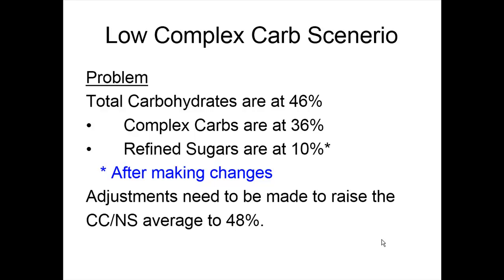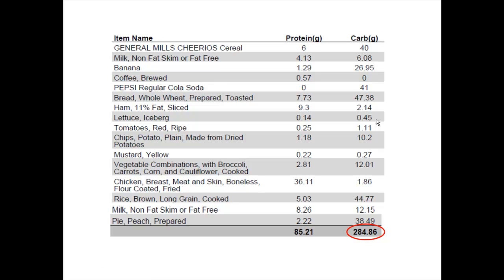Let's just say that you have a low complex carb scenario. I just make this up. Let's say that our total carbohydrates was 46%. And then we determined that our complex was 36, but our refined was 10. So we don't need to make any changes in refined, but we do need to increase this 36% up to 48%. So basically, what we would do is go into this column here, and we would want to increase